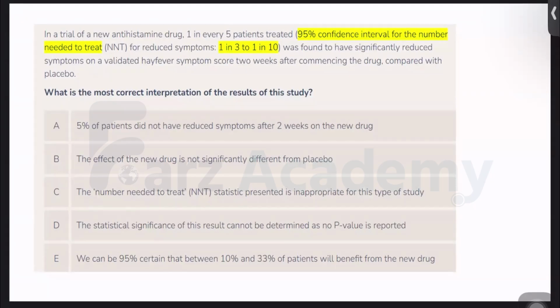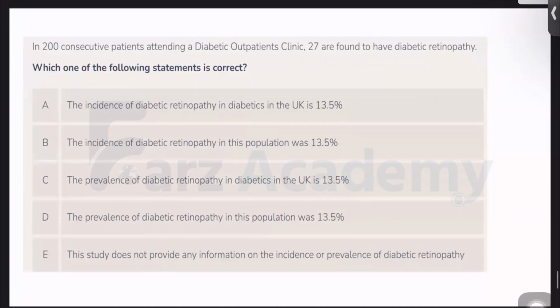So you cannot extrapolate or presume that if this would have been there, then A would also be correct, or if B would have been there, then this is also correct. You can't do that in the question. A question is a limited amount of information given to you. That is why it has one correct answer. If I twist these lines or add one or two sentences, I can make C or D correct also. Please do not extrapolate extra sentences and then try to make other options correct.